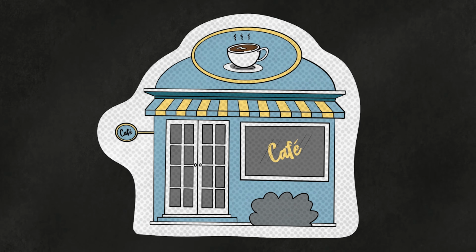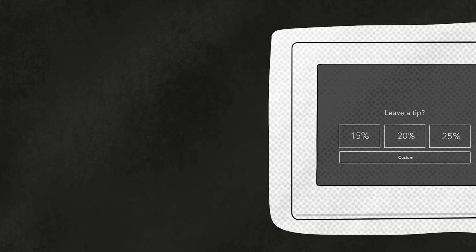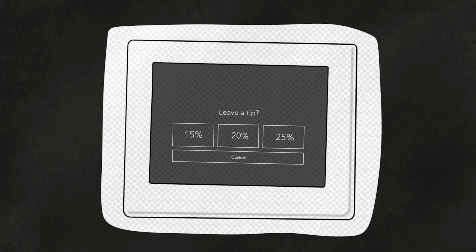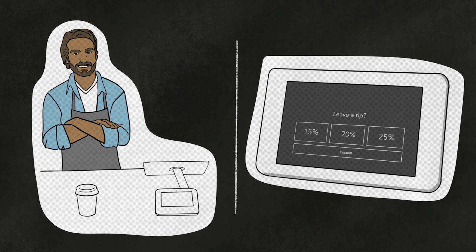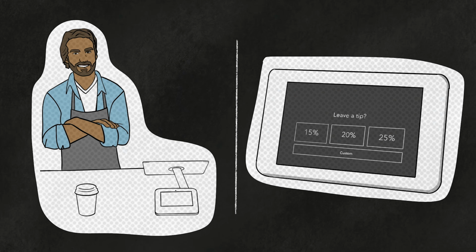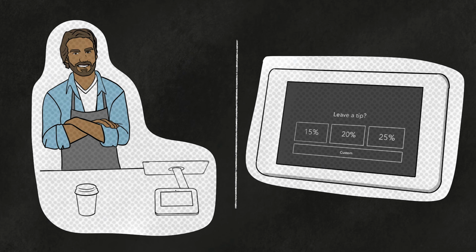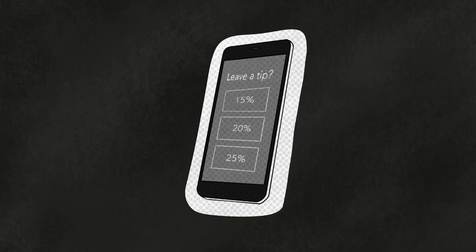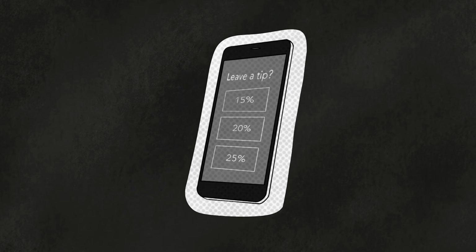You go to buy your coffee in the morning. After paying for your coffee, the screen goes to the tipping page. But you notice that the barista is watching you make your tipping decision. What will you do? Now let's change the scenario slightly. Instead of making the tip in front of the barista, suppose that the coffee shop sends you a text asking you to tip once you walk away. What will you do now?